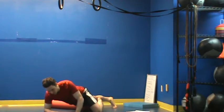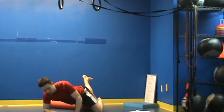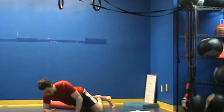When I feel that spot, what I want to do is get over it, oscillate it, really press in, and just move my knee up and down like this. So I'm just getting into that area. It's called mobilization with movement. I'm just trying to press into that area, kind of depress it,